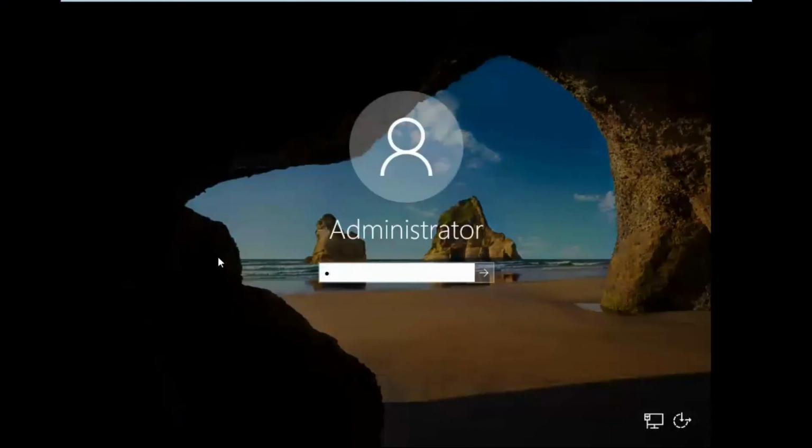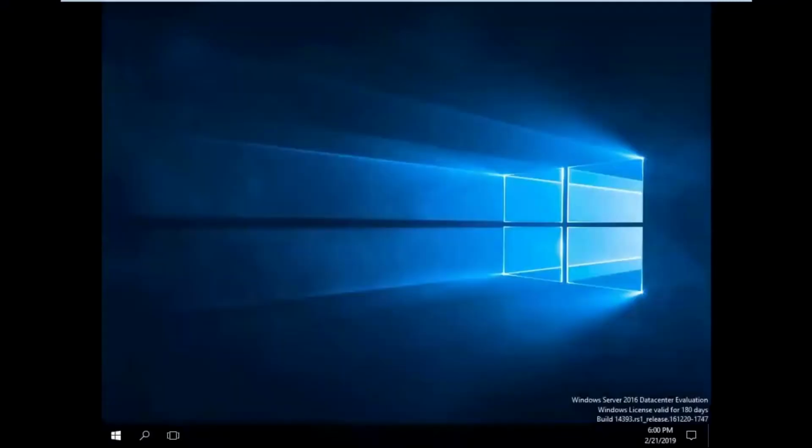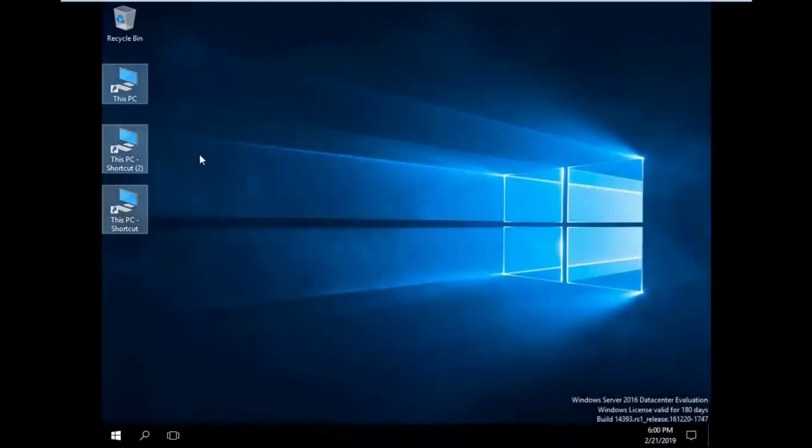Password. Welcome. Okay. Now this is not required. This is looking awkward. I'm deleting all those things.